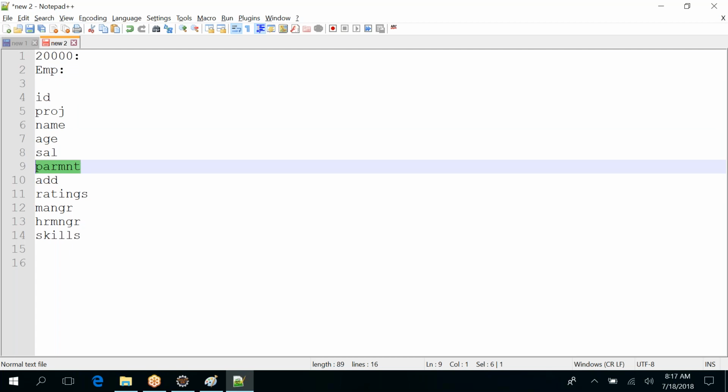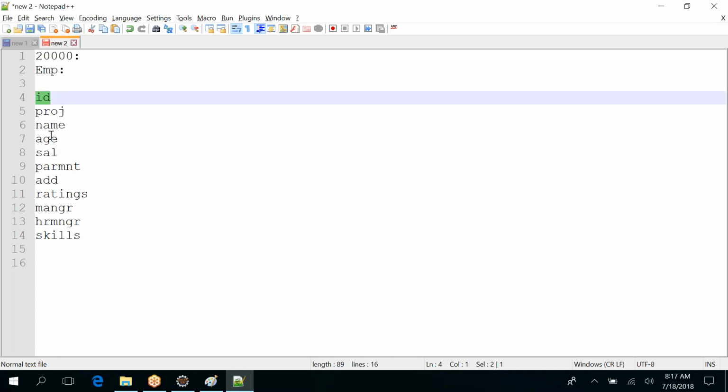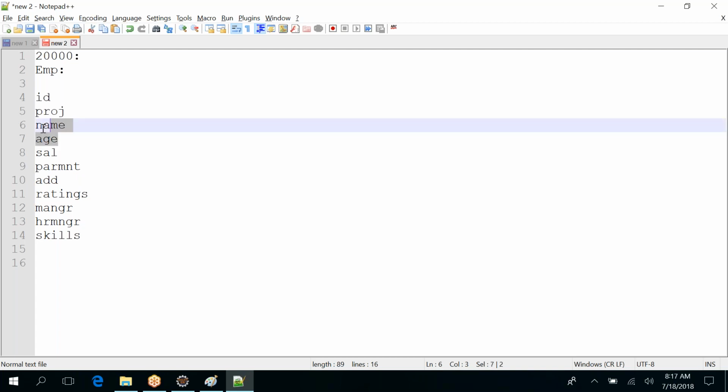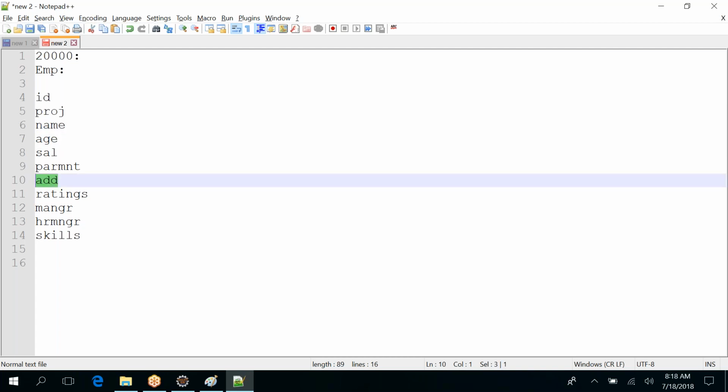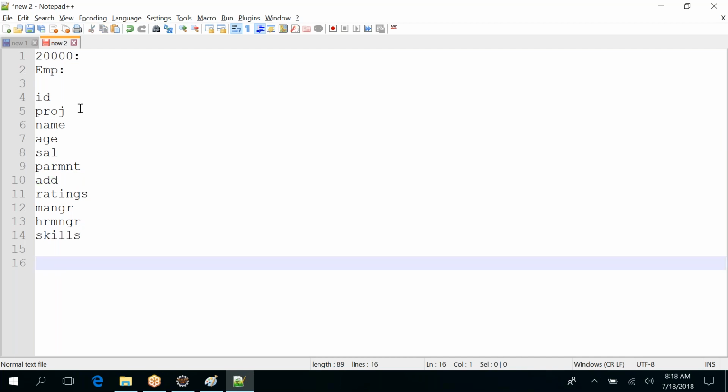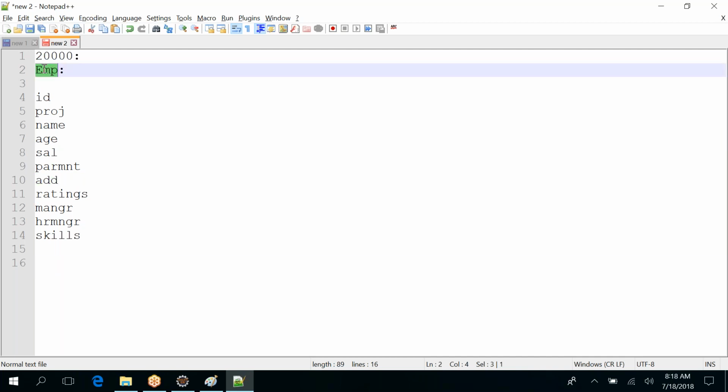Now, for example, the travel department doesn't need to know your address and all. They only need to know your ID, which project you are in, your name and age, and your address. So they will have one class called say travel. There also, if they want to access, they will create an object of the employee class. Say for an employee, they create employee E100 equal to new employee. Now E100 dot name, age, and